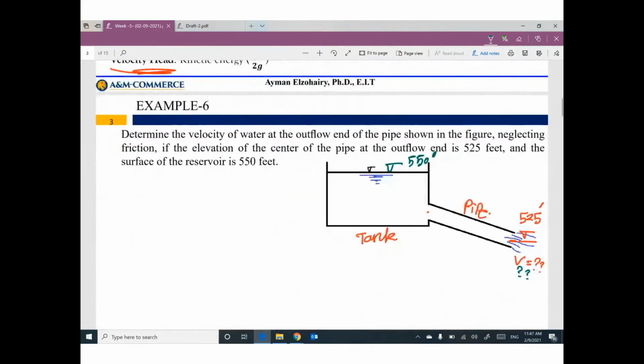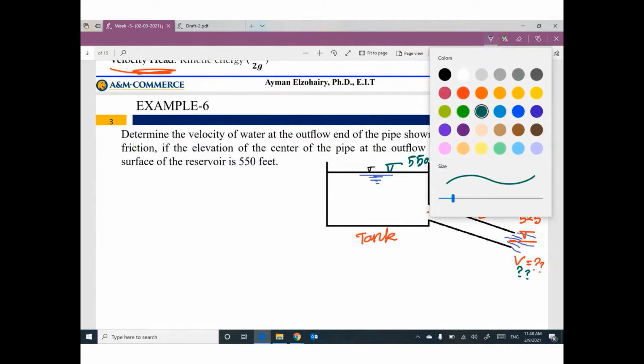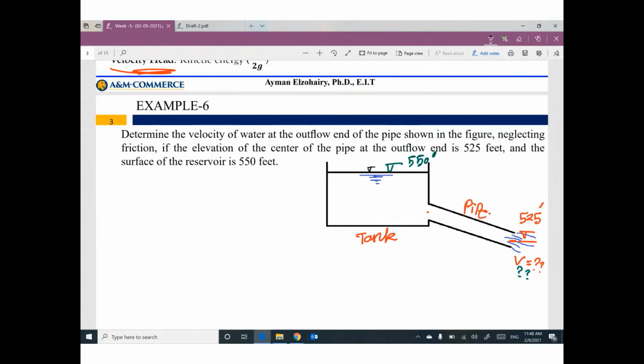But first of all, you need to determine the two locations where you will apply it. I will assume this surface is location number 1. So P1 divided by gamma plus Z1 plus V1 squared divided by 2G at location number 1